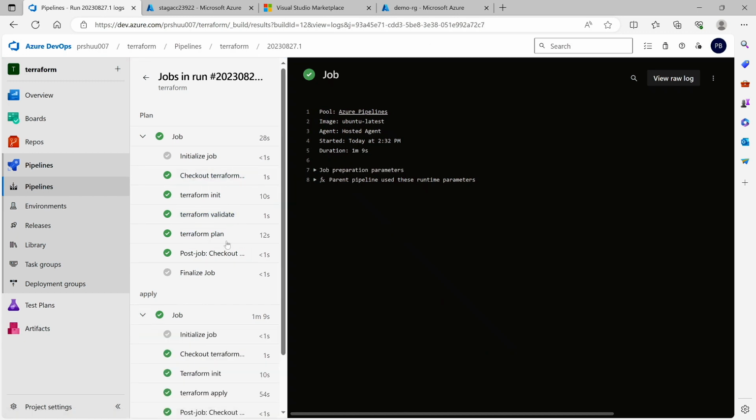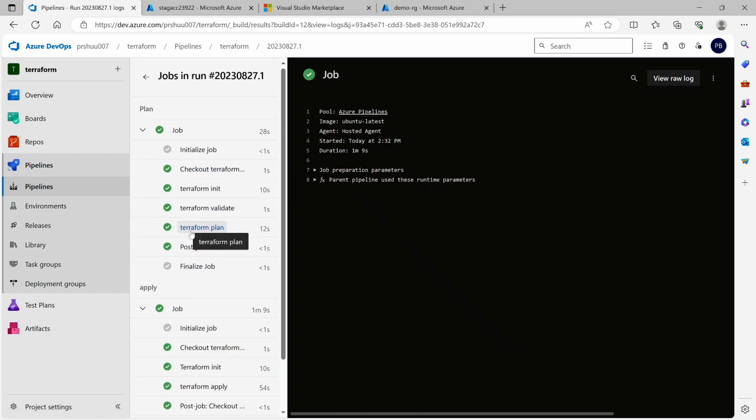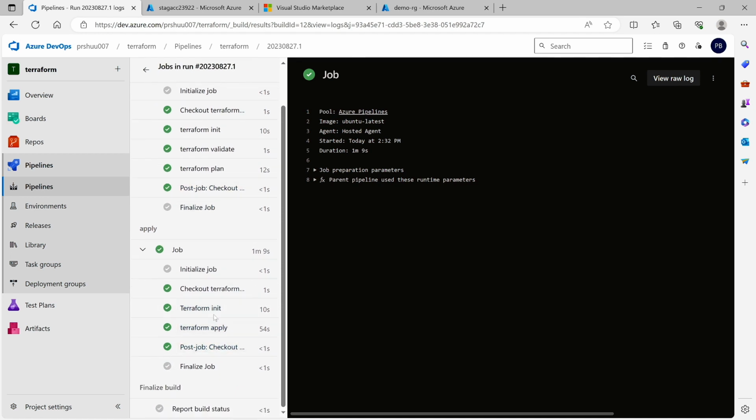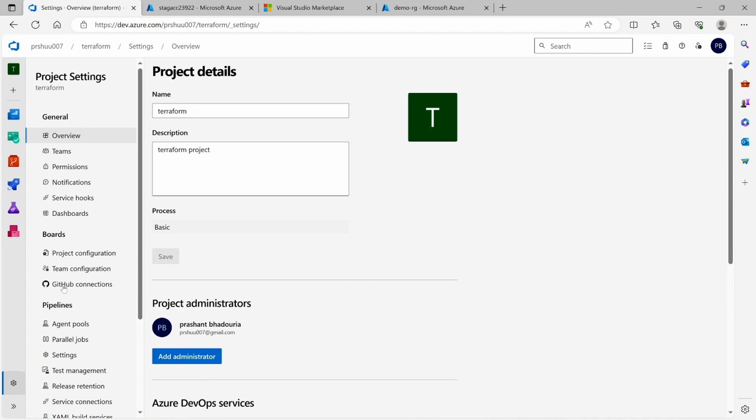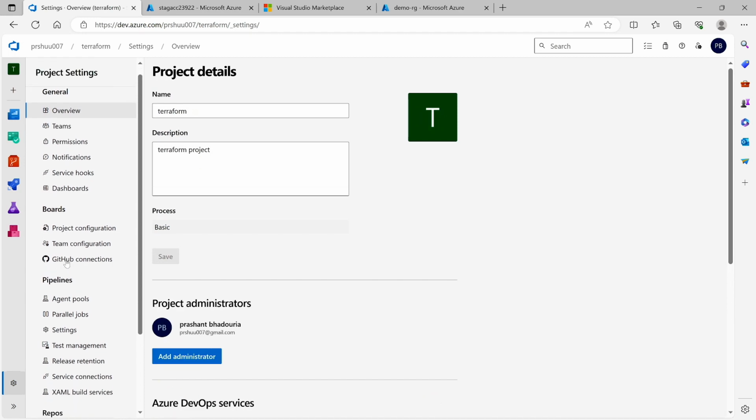So in the plan, we have plan validate our code. In the apply, we have created our resource group. In the meantime, we have created some service principal. While creating our pipeline, we can create service principal from project setting as well. So if you go to project setting, and if you go down